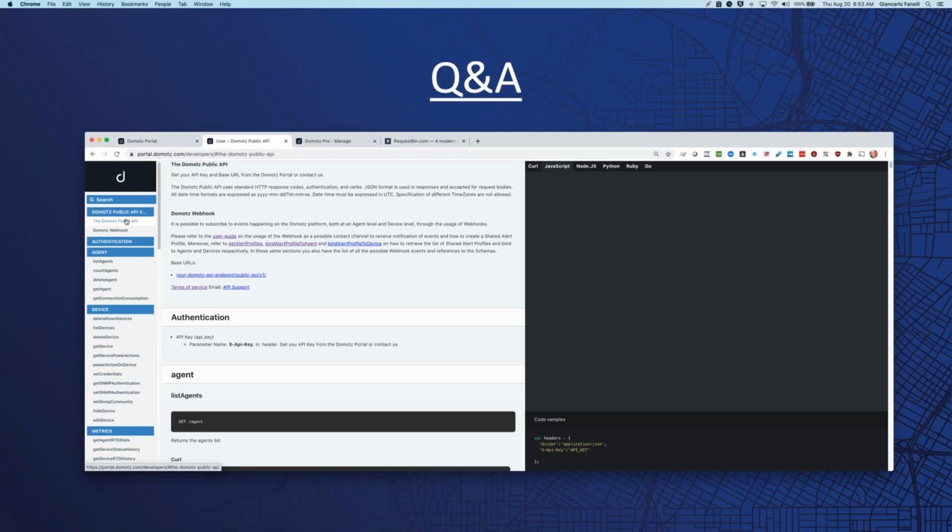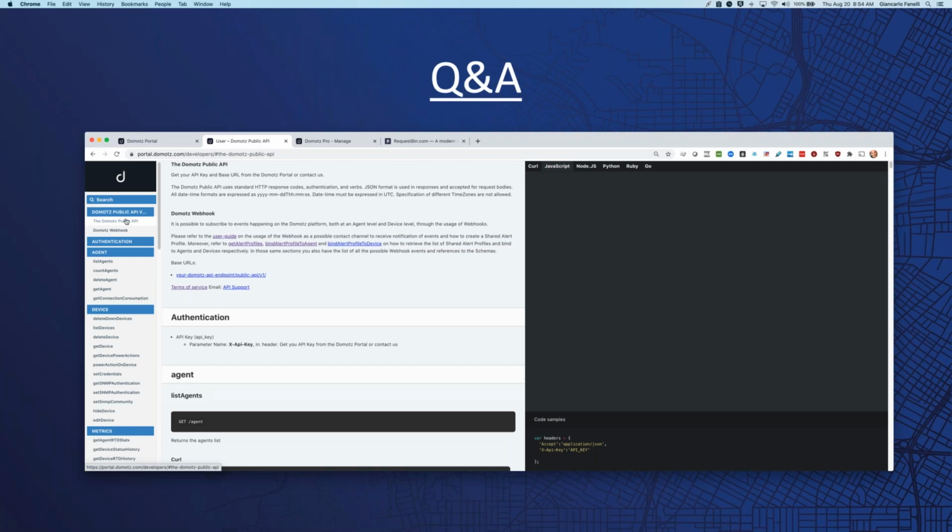Okay, so as I was mentioning at the beginning, the RESTful public API is the synchronous way of getting data out of the Domotz cloud. You do a GET request and you get the status of devices or agents, and you can use that to synchronize your databases with Domotz. You can use those public APIs to create a script to take a snapshot of all the devices on the network and the status of those devices,